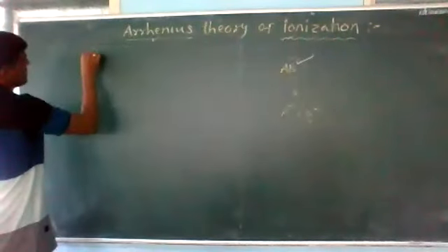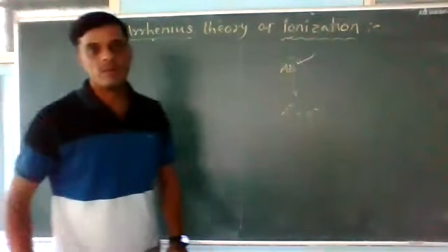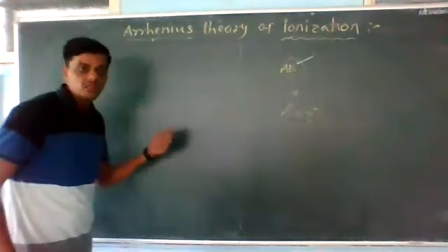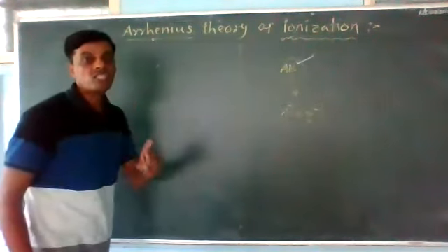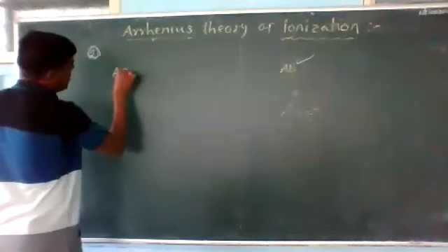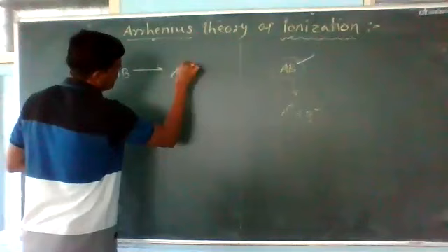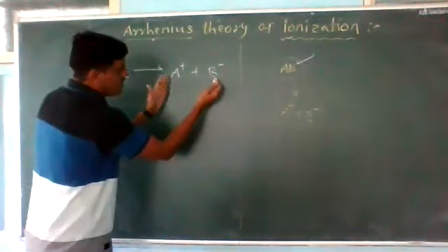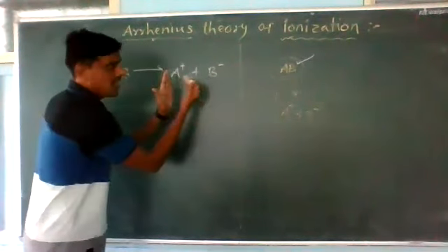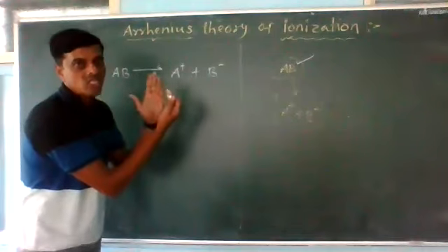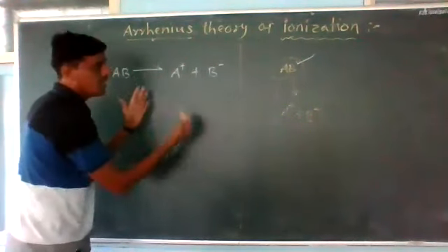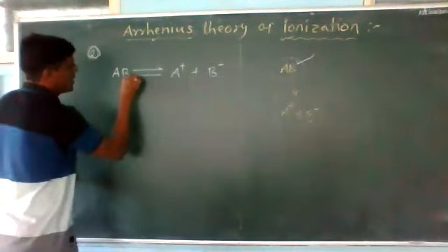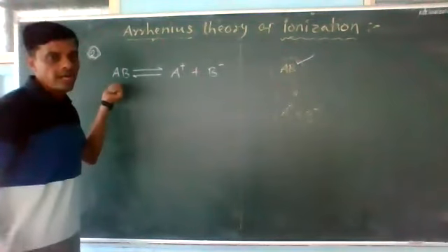Secondly, the second observation of Arrhenius during his experiment is that the ions present in the solution constantly unite. As the ions A plus and B minus are formed, again when these two oppositely charged ions come closer to each other at such a distance that they combine, reunion takes place and they convert into neutral electrolyte.